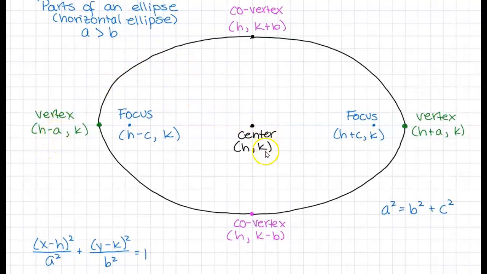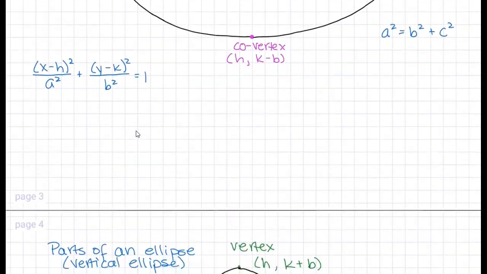And then if we look at b, remember b is going to be the vertical distance. So from k, you're either going to add b or subtract b. And then in this case, because we are talking about a horizontal ellipse, c is measured horizontally. And so we're still adding or subtracting from the x coordinate. But if we have a vertical ellipse,